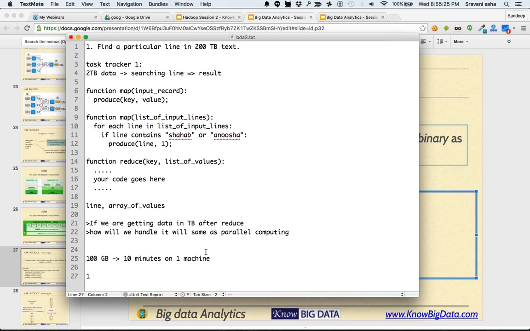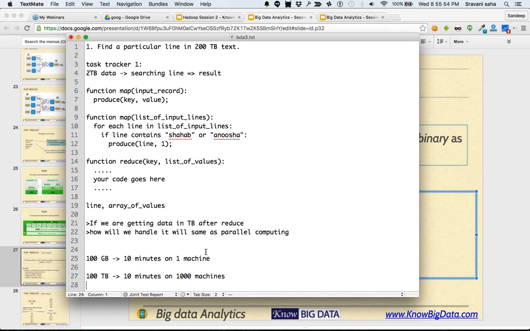And if you got 1,000 machines, meaning 1,000 times the data, it will again take close to maybe 10 minutes on 1,000 machines. Having 1,000 machines is not an imaginary situation.